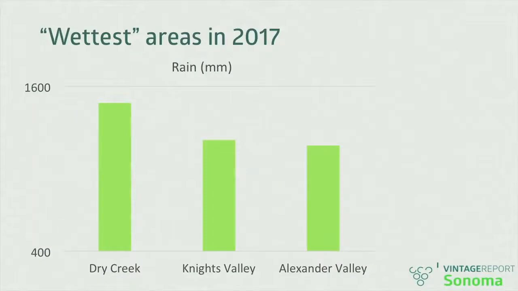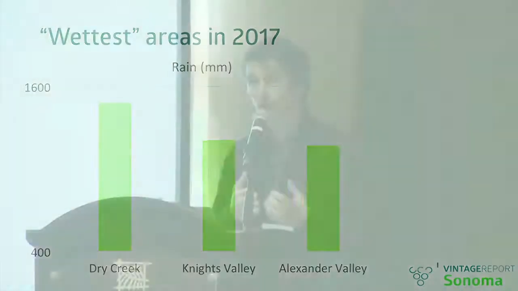And with that in mind, let's look first at what drives the explosion of vegetation at the beginning of the season. It's temperature accumulation and water supply. So if we focus on period 1 and 2, from a rain standpoint, the wettest areas we've been able to identify are Dry Creek, Knights Valley, and Alexander Valley. So those top 3 regions were the ones that received the greatest amount of water. So you see we are above 1,200 millimeters of water, with Dry Creek showcasing the highest amount.